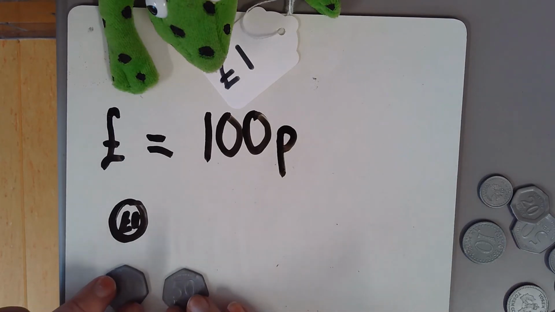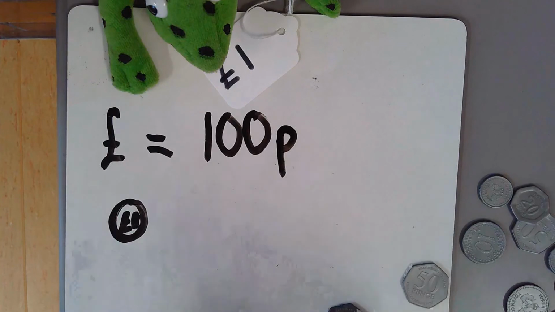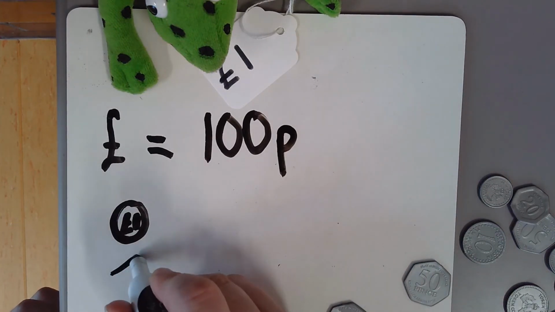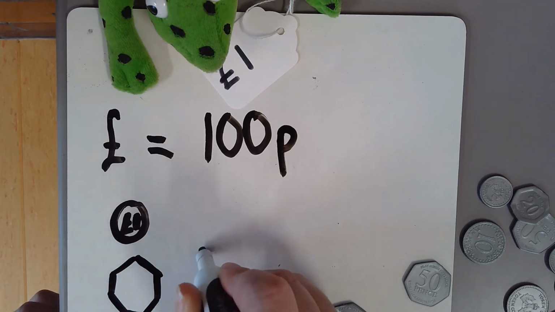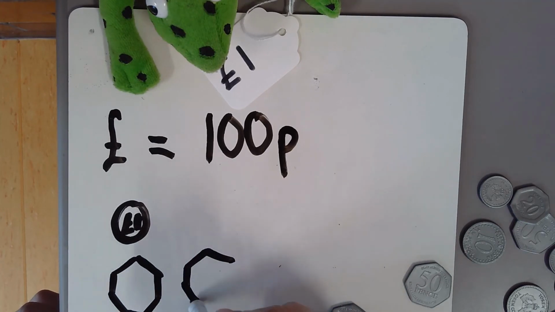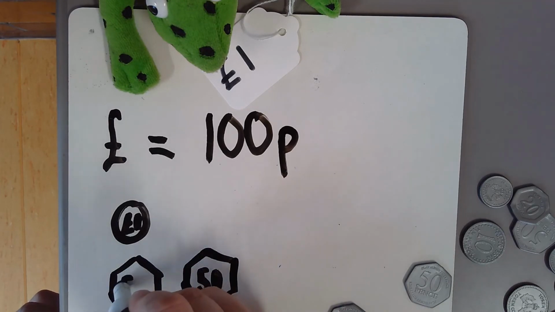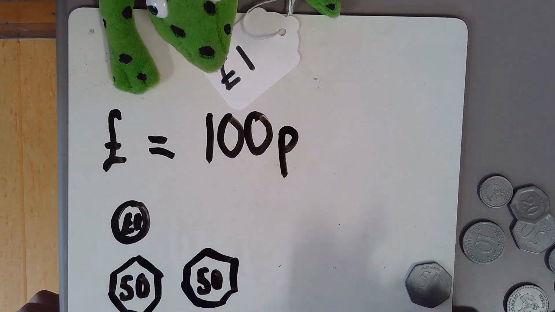I know that 2 lots of 50 is 100. So I will draw out 2 50p coins. And that is the same as